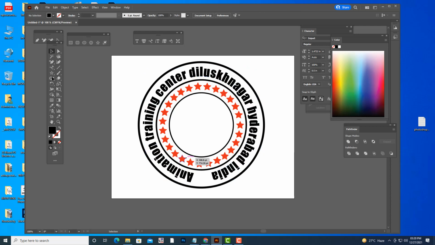And then we can create one small heart shape. I think you know how to create a heart shape, because we have seen it even in Photoshop.